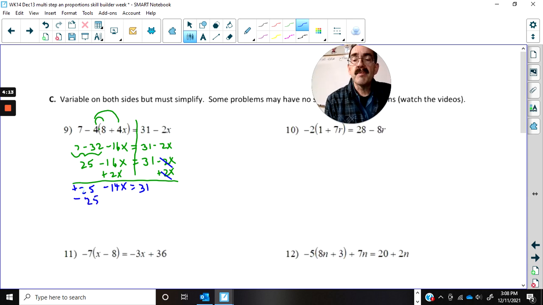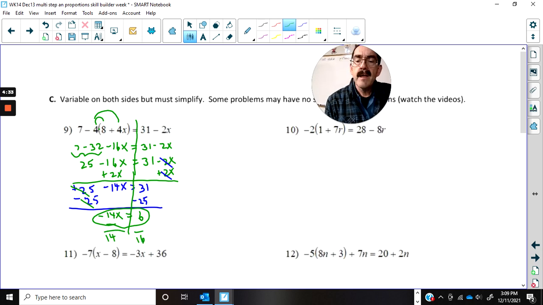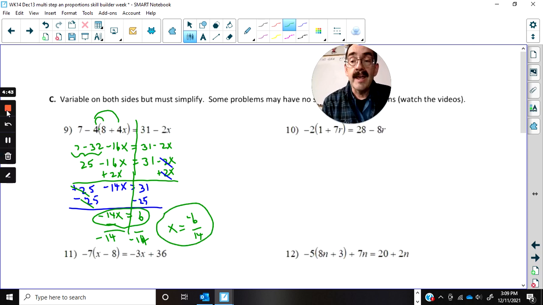We subtract 25 from both sides. That goes away, leaving us with negative 14x equals 6. Divide both sides by negative 14, and we'll have x equals 6 over 14 in the negative, isn't it? Yes, it is. Alright, give those a try, and let me know if you